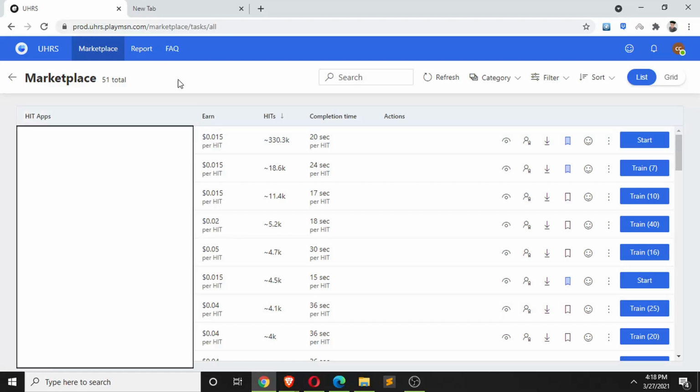You can still view your report as per the old marketplace, right? In the old marketplace layout, you can still view all your hit types as per the older version. I'll just tell you the link over here, but I'll not give it in the description, because I think that will be against their terms and conditions.